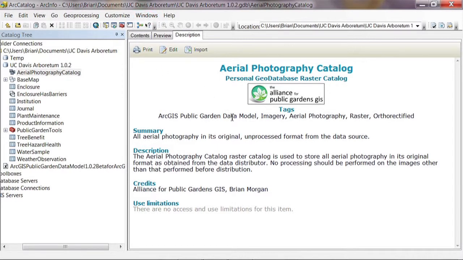And you could search for something like imagery or aerial photography, and the results would include this object as a placeholder or a place where you could put that imagery. So under summary, we'll see that this particular object is used for all aerial photography in its original unprocessed format